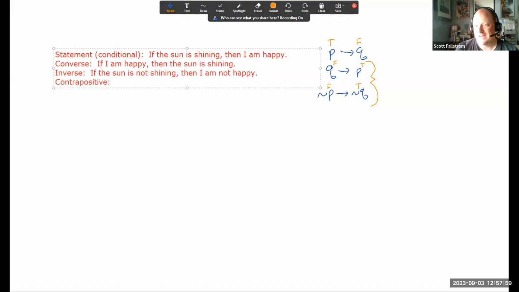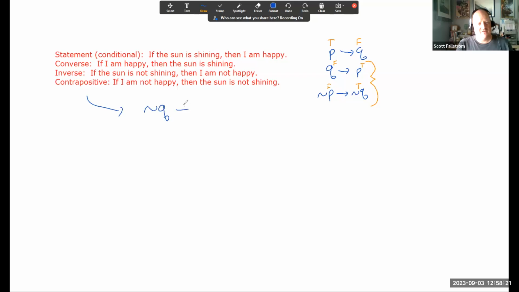And it actually has a fun name. It's called the contrapositive, which would say, if I am not happy, then the sun is not shining. So I do both of those things. I flip it around and I negate it. So if I came over here and wrote the contrapositive out, it would be, if I'm not happy, then the